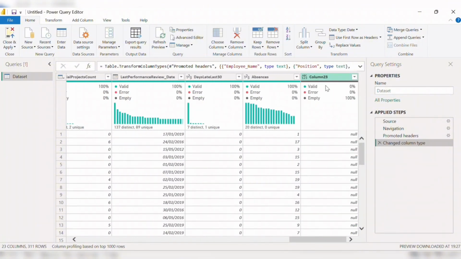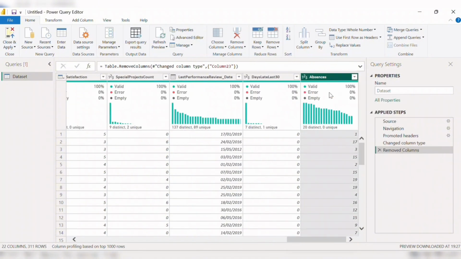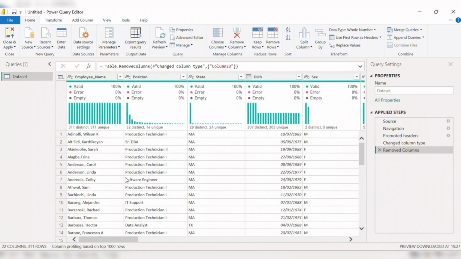Okay, so we have one blank, empty column here. I think it came together with the data from Excel. So I'm just going to delete this column. I'll right click on it and click on remove. Another thing that I want to do is to be really, really sure that there are no duplicates. Although I can see that the employee name here, when I check the column distribution,